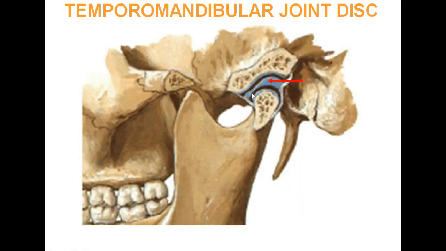The temporomandibular disc. This is the diagram showing the temporomandibular disc with the red arrow. This is the part of the temporal bone which forms the upper articular surface, formed by the articular fossa and the articular tubercle. The lower articular surface is formed by the head of the mandible. This is the attachment of the fibrous capsule to the joint and the presence of the intra-articular disc. Because of the presence of the intra-articular disc, this is again a complex type of synovial joint.